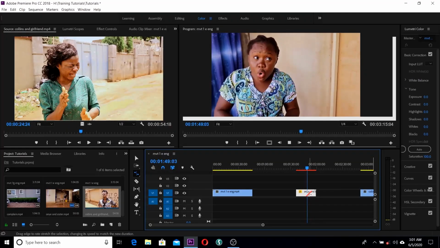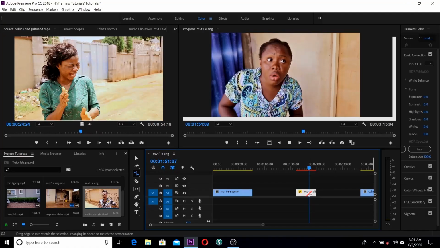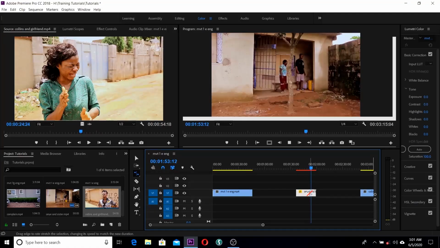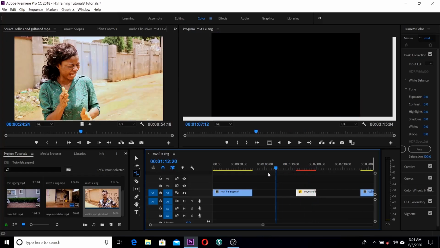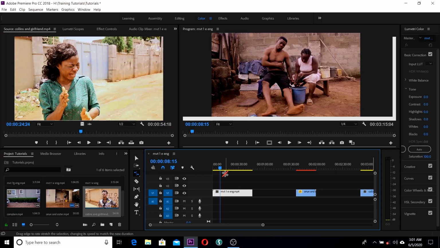tools, rate stretch tool is what you use in your Premiere Pro CC instead of right clicking and going to look for your speed and duration. So when you are familiar with these keyboard shortcuts on the tools for video editing, it will enable you to